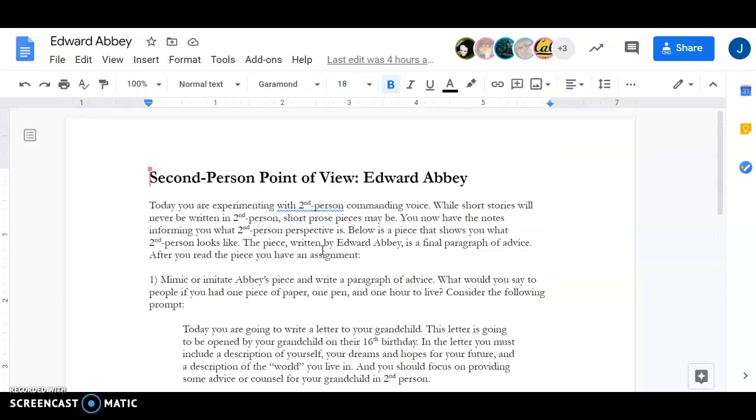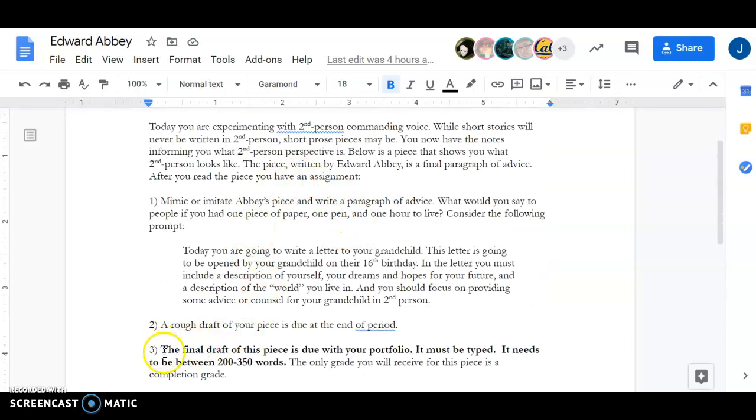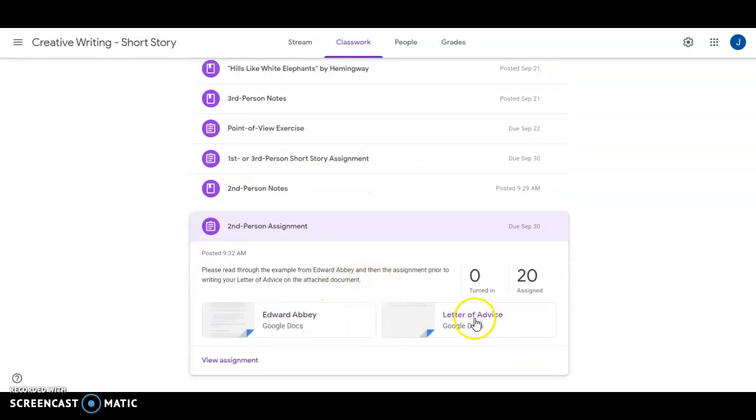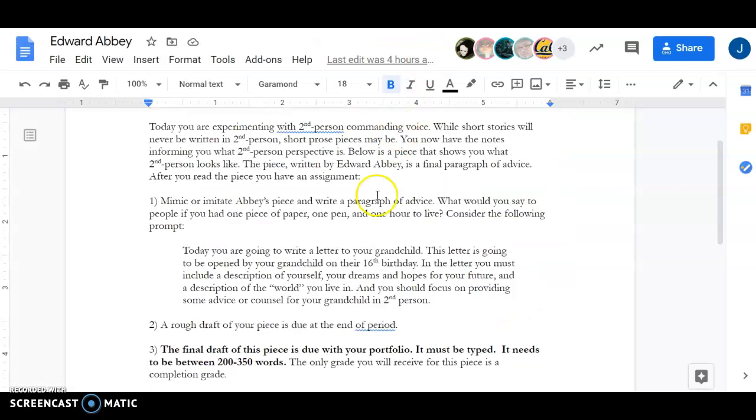Your goal today is to type up, in about 300 or so words, as the bullet point says, this letter of advice in the document that's attached here with the second person assignment. You don't have to make it formal. This whole bit about writing to a grandchild a letter that they're going to open on their 16th birthday doesn't have to be that formal, but you want to think in the future, you as a 15, 16, 17, 18-year-old kid,